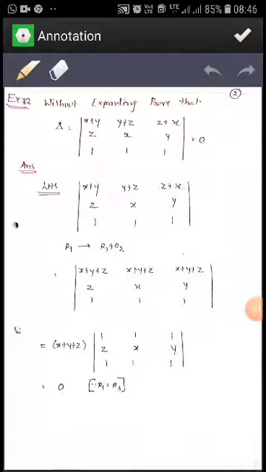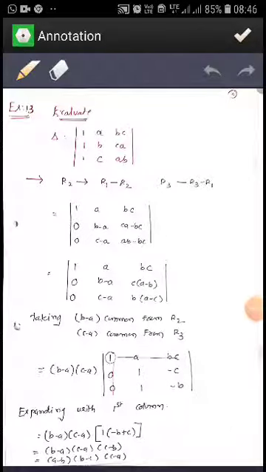See, without expanding, we want to prove that this determinant is 0. We are given x plus y, z, 1, y plus z, x, 1, z plus x, y, 1, column wise. Now we can add R1 and R2 into R1. So R1 is x plus y plus z, x plus y plus z, x plus y plus z. Take x plus y plus z common. So this row 1 and row 2 are the same. So by the property, if any two rows or columns are identical or proportional, then the determinant is 0. Number 13.